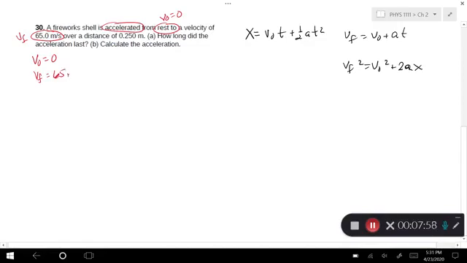Okay, so now let's look at this next problem here. A fireworks shell is accelerated from rest to a velocity of 65 meters per second over a distance of 0.25 meters. How long did the acceleration last? And calculate the acceleration. So let's look at a couple things here that we want to kind of pinpoint. So let's look at what we know and what we can pick out from this problem. A fireworks shell is accelerated, so we know we have some acceleration from rest. What does that mean? It means my v initial is 0, so we'll write that here, to a velocity of 65 meters. So this will mean my v final